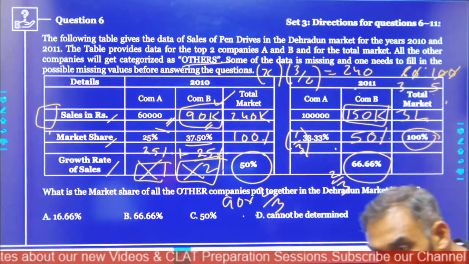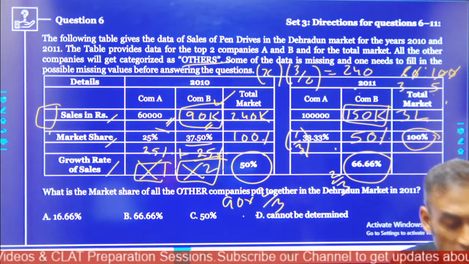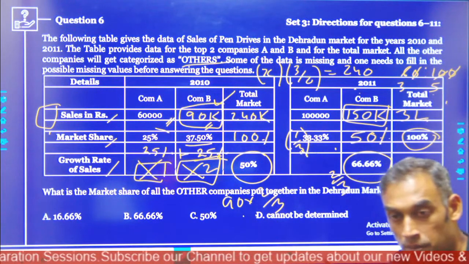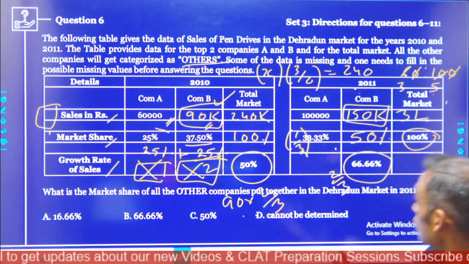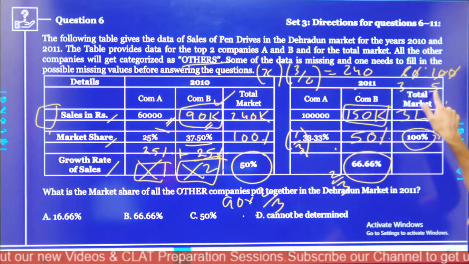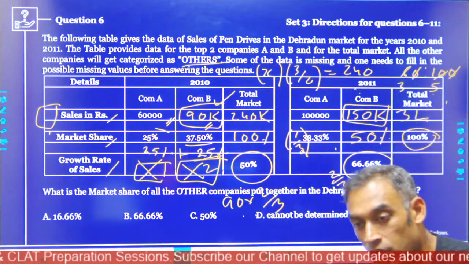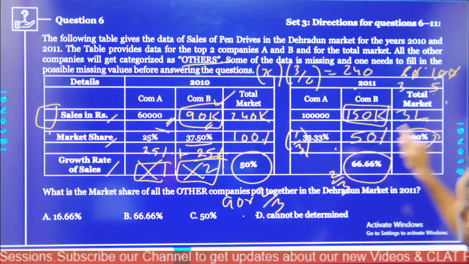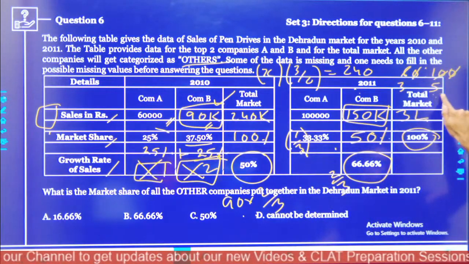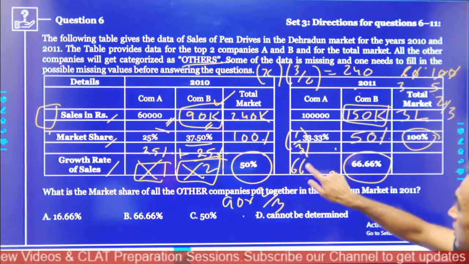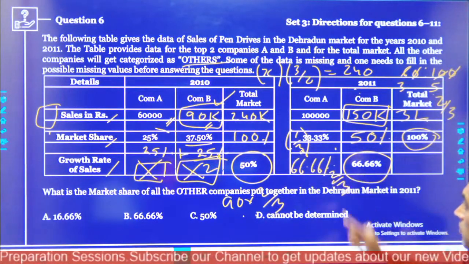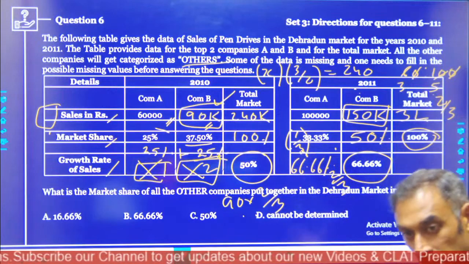Right? So convert this into the smallest ratio possible. The smallest ratio is 3 has become 5. So when 3 becomes 5, what is the growth percentage? 2 upon 3, which is nothing but 66.66%. Right? Similarly,